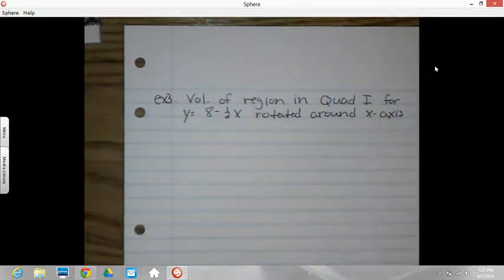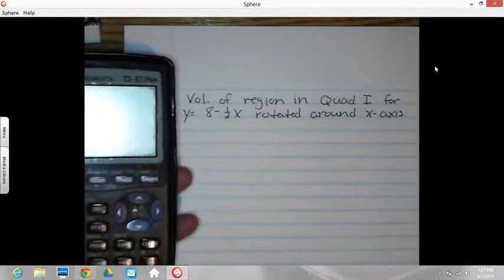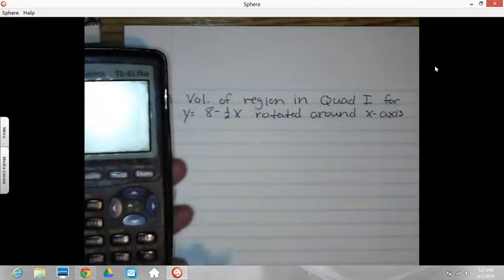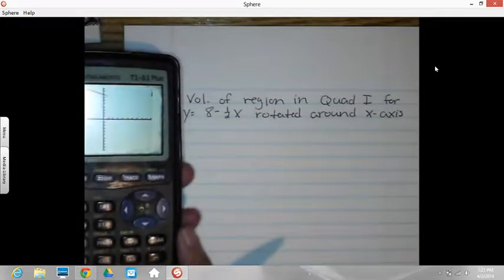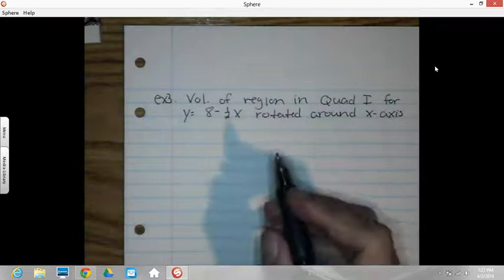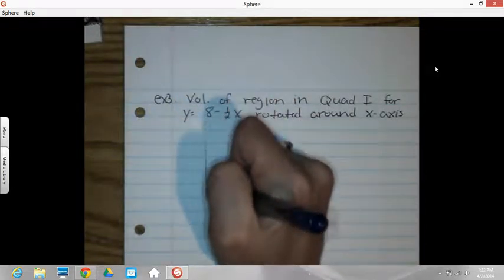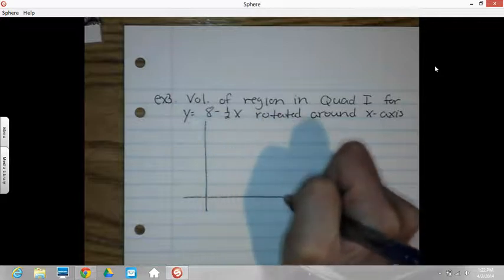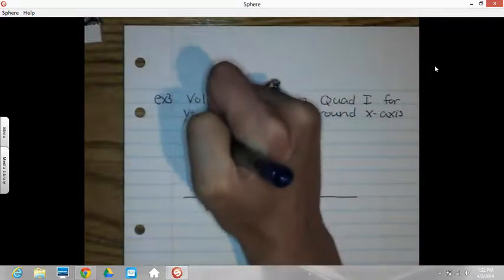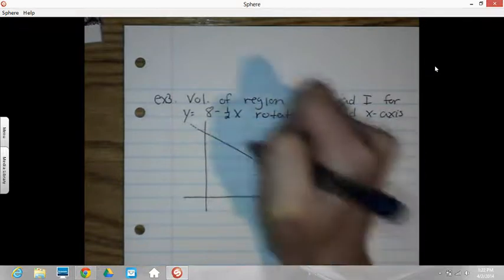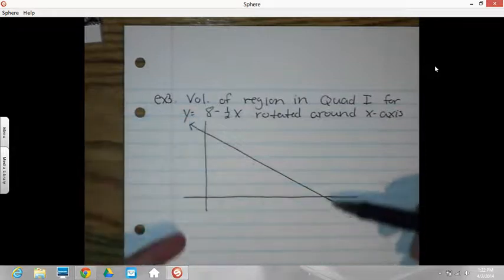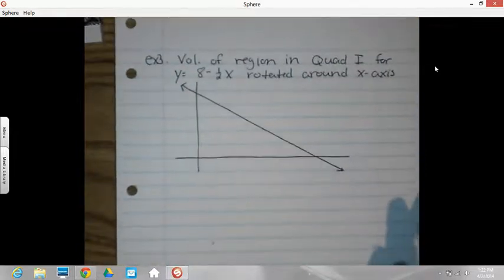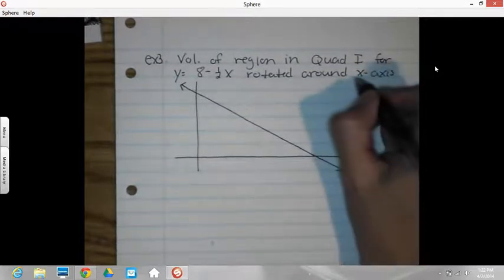All right, graphing first. Oh, let's see. Yep. 8 minus 0.5x graph. The linear function. Okay, there's my 8 minus 1/2 x. I'm going to take this and revolve it around the x-axis, and I can see I'm going to get a cone shape there. Okay, so first I want to start with my rectangle,